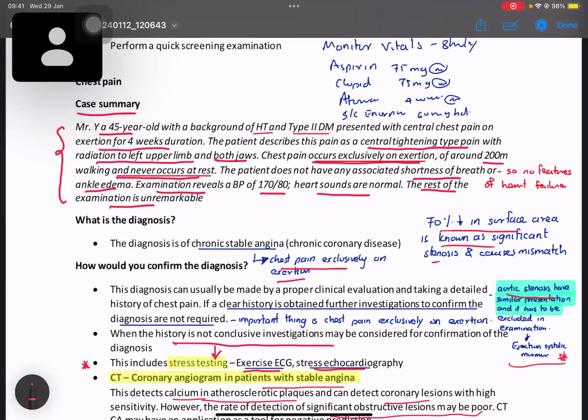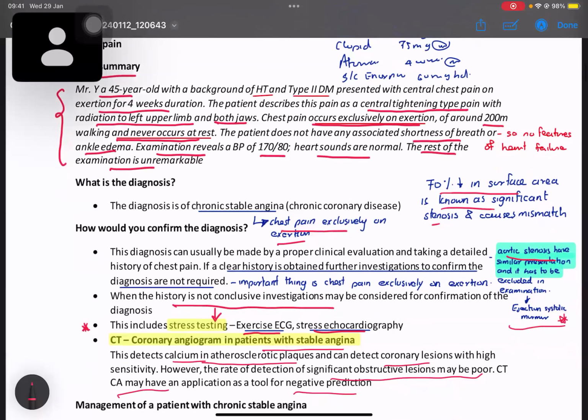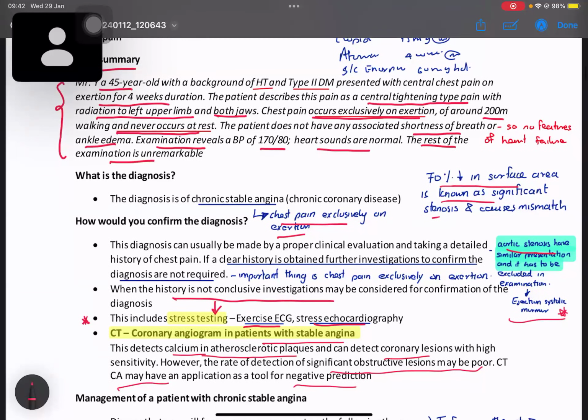It won't take even a minute to summarize your history because you have to quickly go to the discussion. For the discussion there will be more marks, while the marks for history taking and examination will be given only during the observed history-taking and examination duration. So don't spend much time telling your summary, because they already know the history. You have to tell the short summary. Then the discussion will go on.